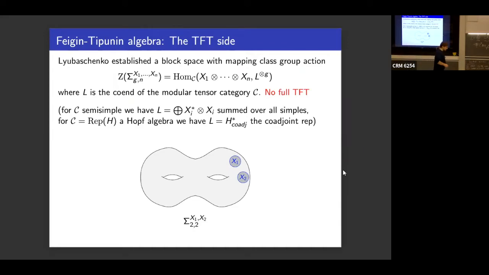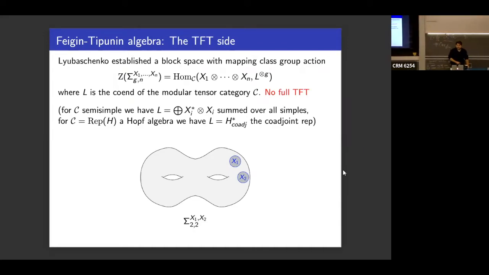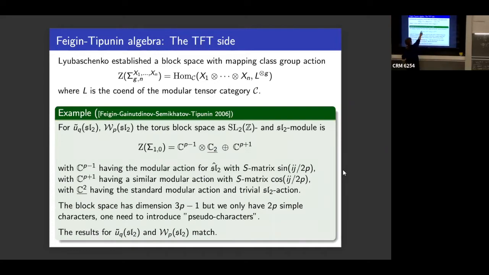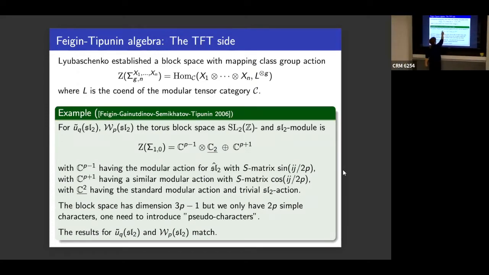Yes, and of course, the second caveat is about this space. In particular, when you look at the torus, what you assign to the torus should now be the characters. And if you write down exactly what the torus gives you, this is 3p minus 1 dimensional. Let's go through it briefly. What the torus is assigned is this representation. This is a representation of the mapping class group of the torus, and of SL2, because SL2 acts on the category of symmetries.